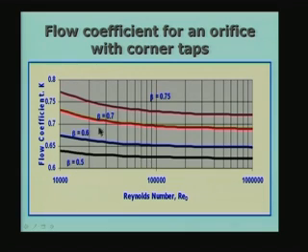For different values of beta I have different values of flow coefficient, but they also show some kind of asymptotic behavior, which means that for a Reynolds number greater than about 10 to the power of 5, 100,000, these are more or less independent of the velocity or independent of the Reynolds number. Of course, the Reynolds number is calculated based on the velocity, the diameter of the pipe, and also the particular fluid which is flowing. So the fluid property also is coming into this by itself.